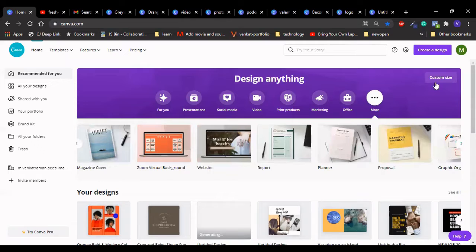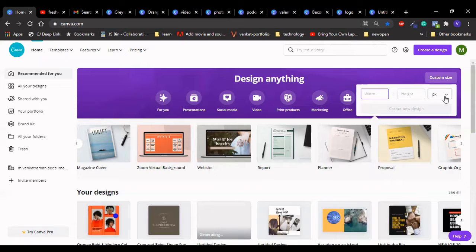Also, you can see that a custom size button is available here. Before, in the old Canva, I think it was in this place where see all is present. Now you can change the custom size by clicking this, with width and height, and you can go for pixels or inches or mm or centimeters.